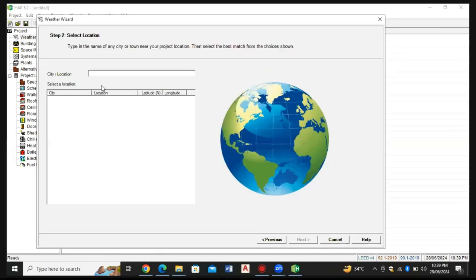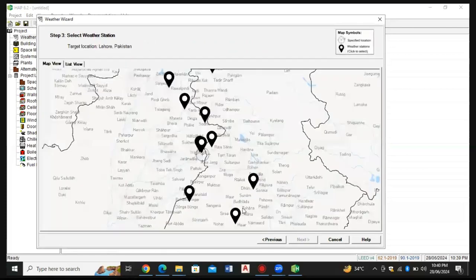Now I have to write the city location. I am typing Lahore, Pakistan. There I have got the result in the list, so I will click Next. There is a new thing in HAP: whenever I select a single location, HAP will show me almost 10 different locations near the location that I have entered. So I will click on Lahore city data. Okay, I will go to Next